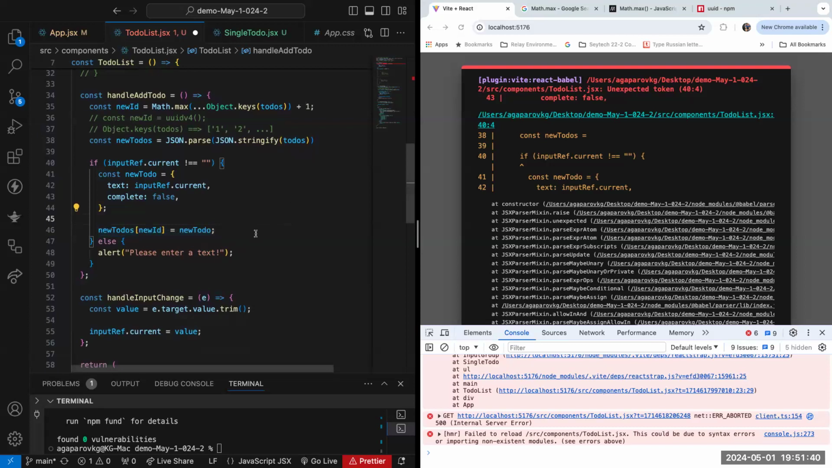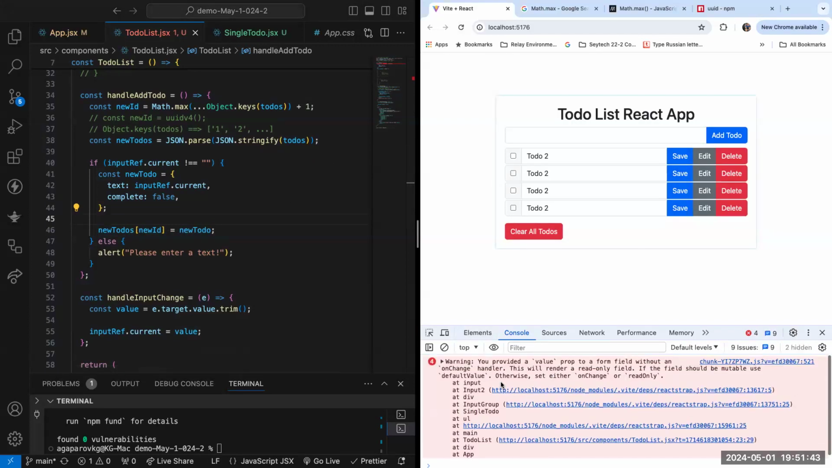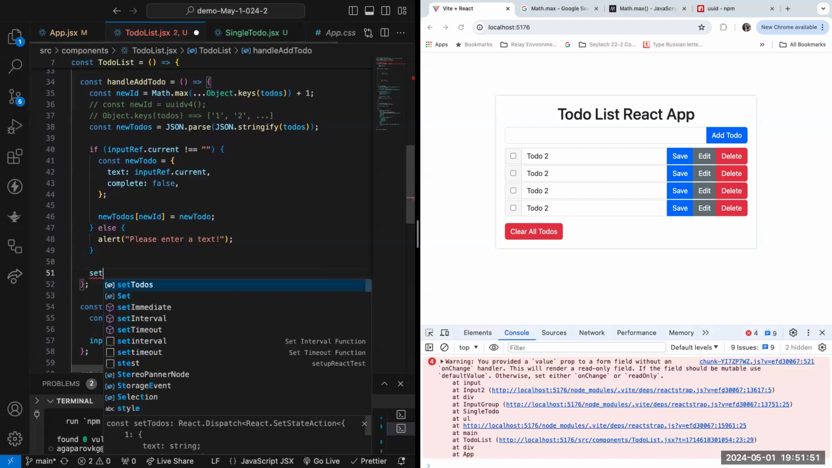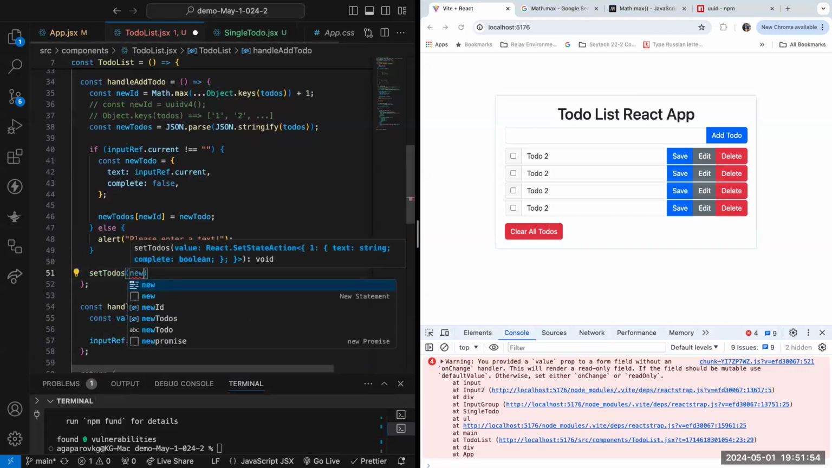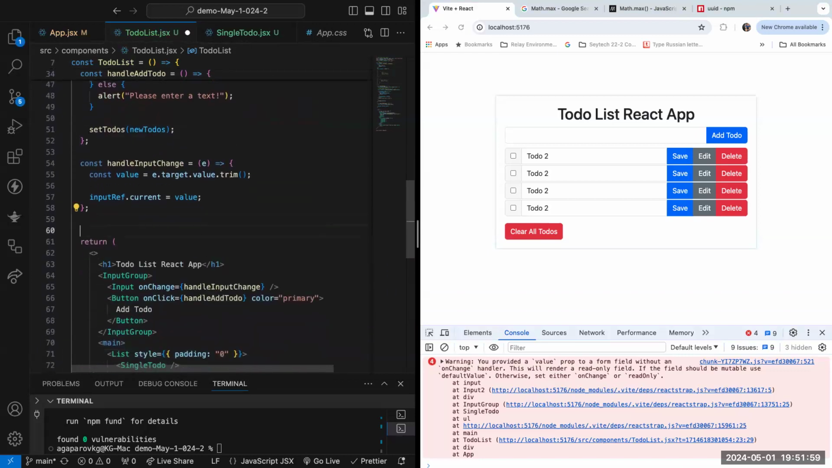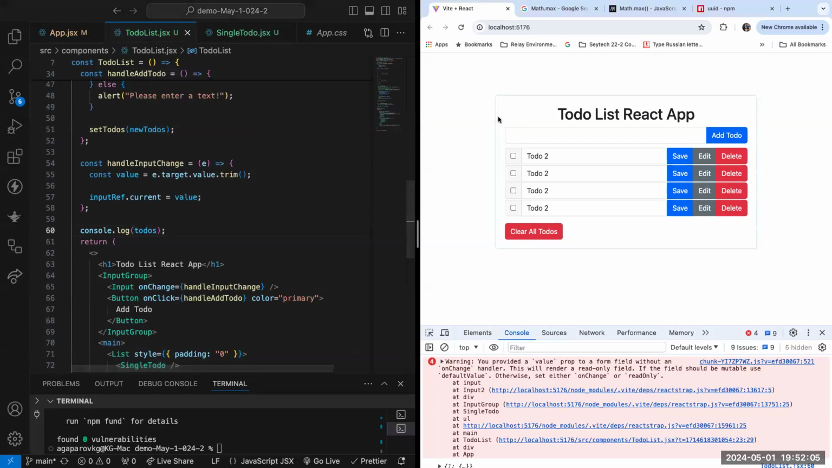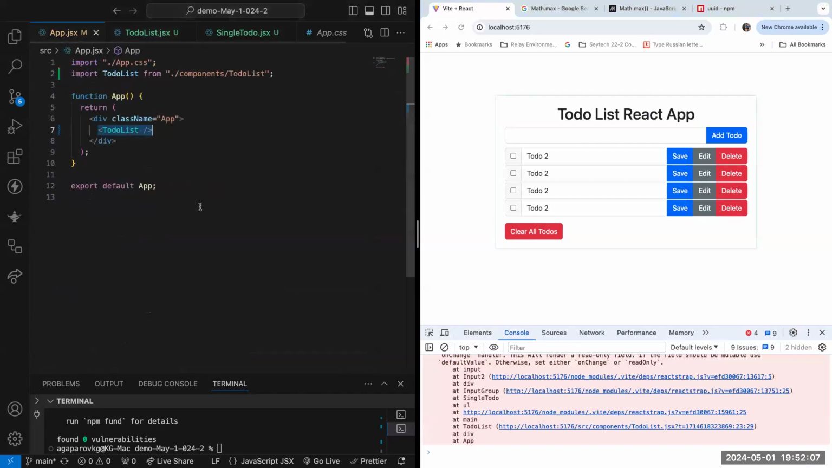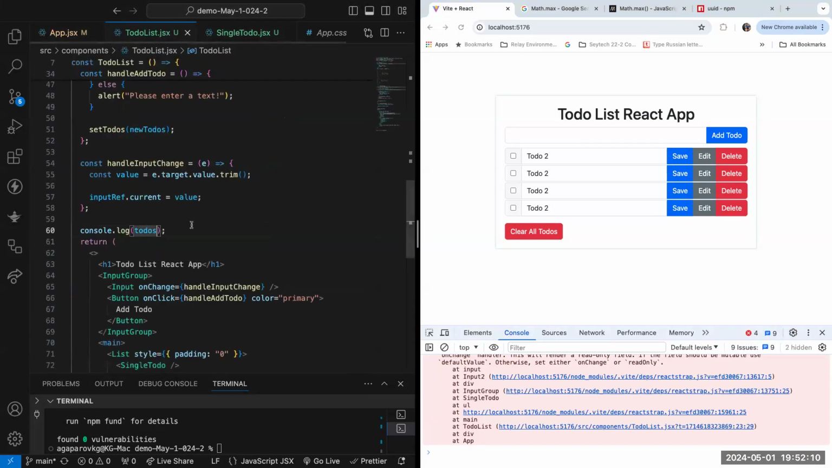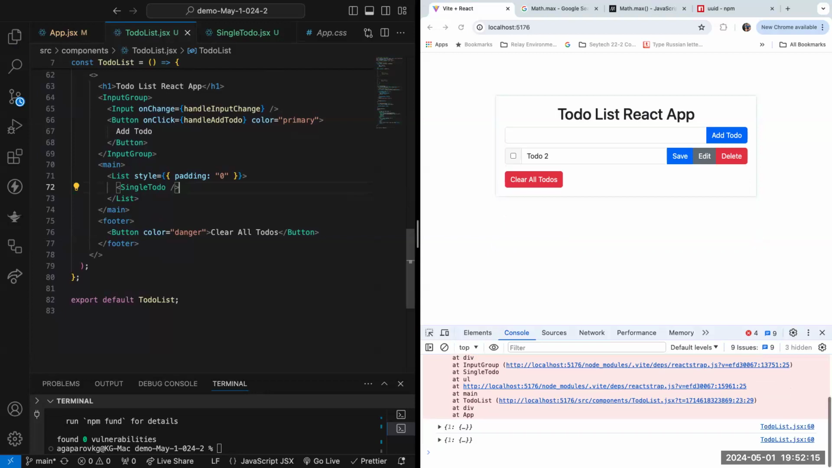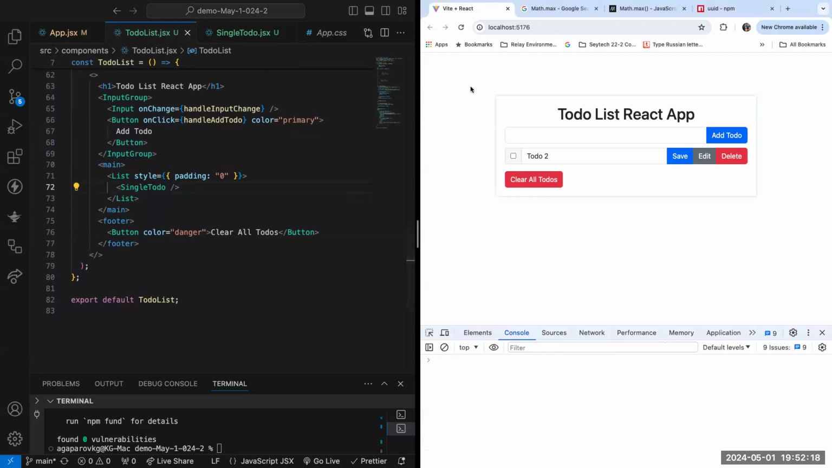Okay. So let's make sure that we add a new to-do. New to-do is new ID, new to-do. All right, cool. So now we can do setTodos with newTodos. Console.log to-dos. Let's take out these guys first, the to-dos list. Actually, there's no difference because we're going to be console logging it. Okay, so